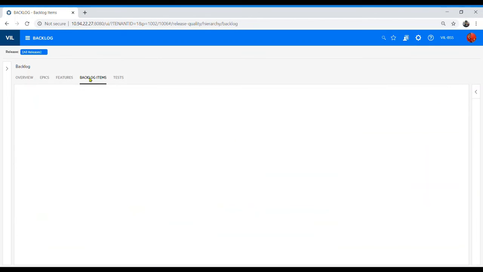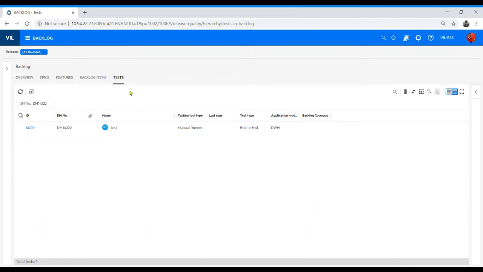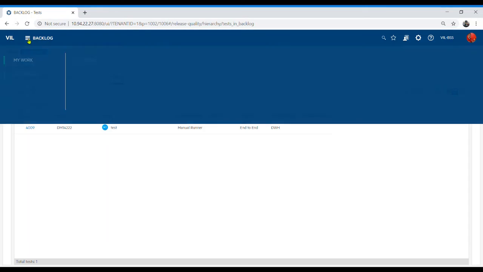Similarly with the backlog item, if you go to backlog item, you will be able to see all the backlog items listed for this backlog. So what will happen? There will be maybe n number of epics, and the n number of epics broken down into n plus 2, n plus 5, n plus x features. Then all the features are broken down into backlog items. Apart from that, if the demand is in progress, then the UAT or SIT team is going to raise certain defects, which are also part of this backlog item. And then test is nothing but a list of the test cases with the total coverage. So this backlog item is very useful while doing the planning.